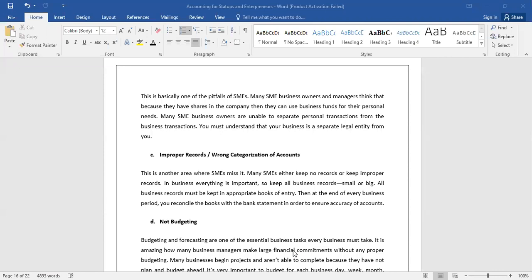As I've said, we need to try to keep appropriate books of entry. We need to try to record every single thing. Even if you spend 10 pesos, record what you use the 10 pesos for. You might think, oh, it's small. Oh, I'm just taking some from the company. Oh, I'm just taking, but after taking 5 CDs, 10 CDs, 20 CDs, doing other personal things,